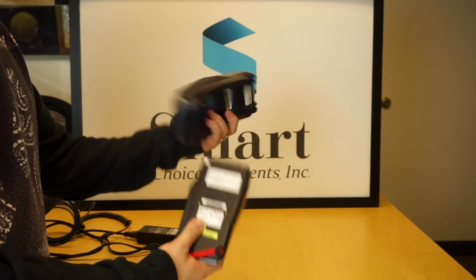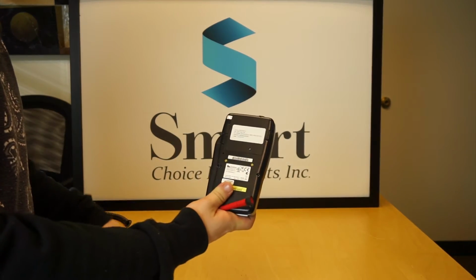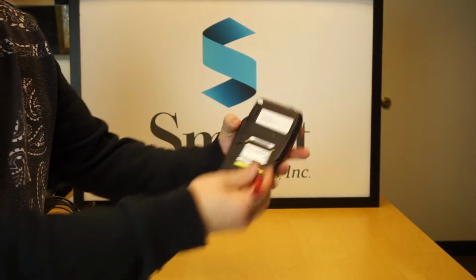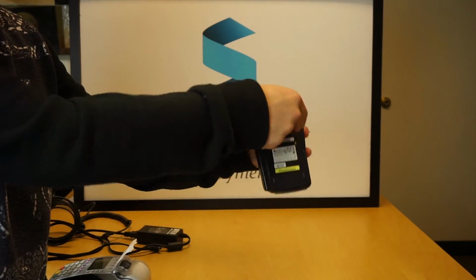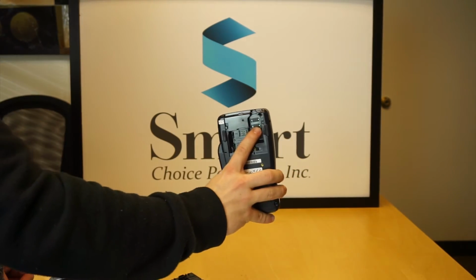Now notice that I did unplug the power from the VX520. That is just due to the fact that we've had issues in the past where if you plug in the pin pad while the 520 is on, it can cause issues. So let's just go ahead and avoid that overall. So as you can see, I have a small screwdriver here. Okay, now we went ahead and took off the back. Don't worry about all this down here. We're going to focus up over here in this corner and